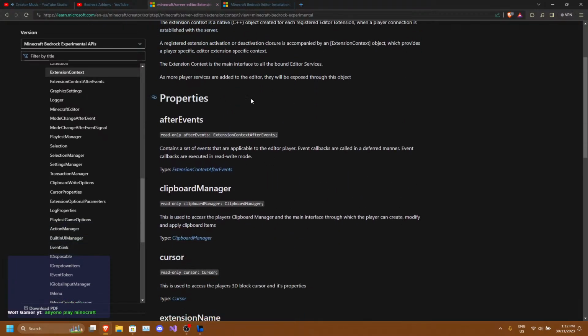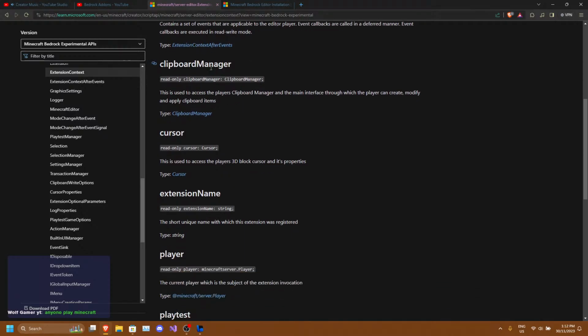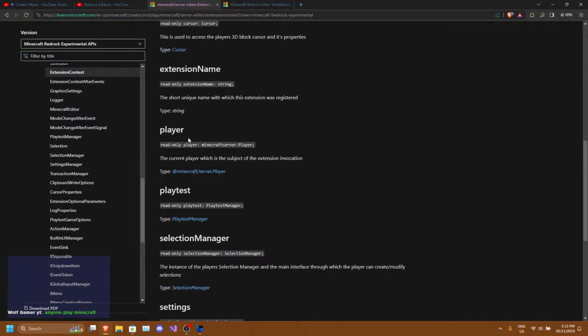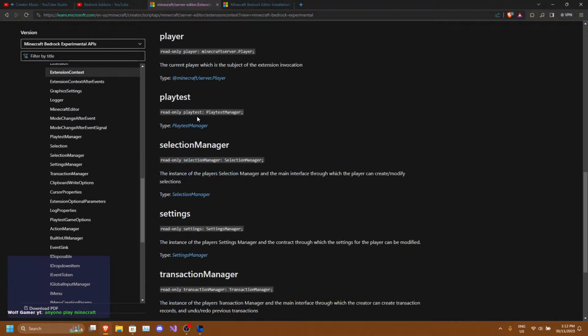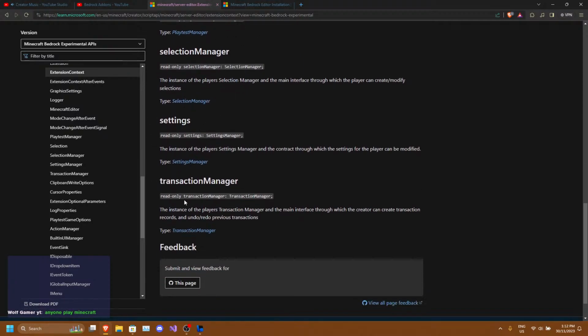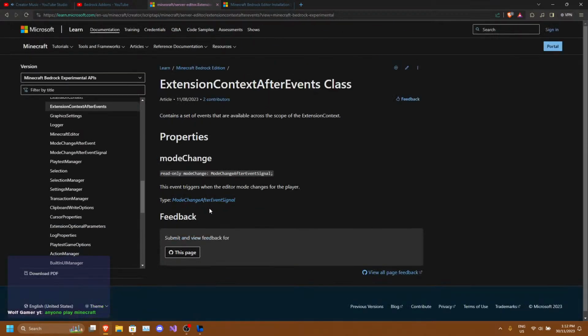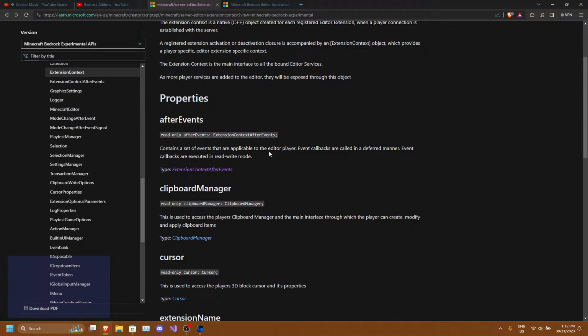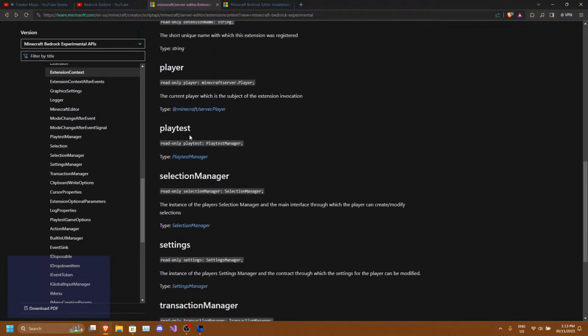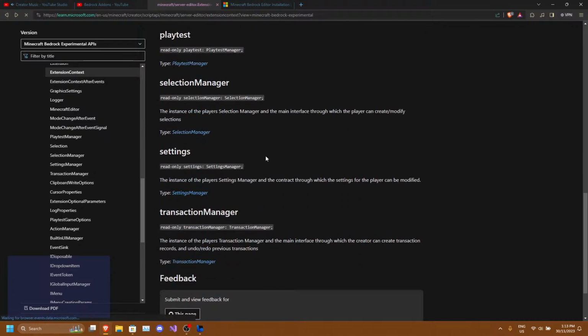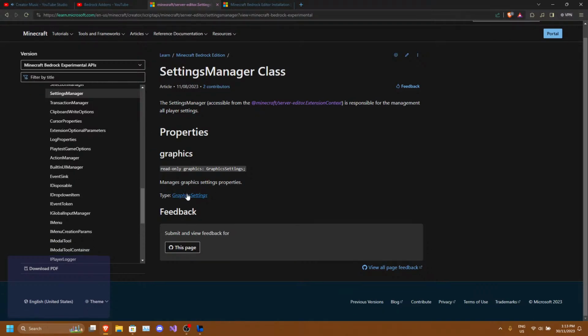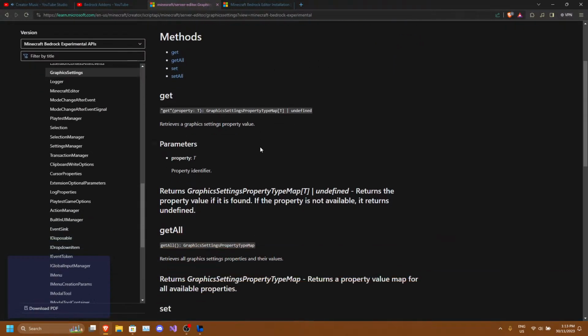Okay, so we can clipboard, we can check the 3D cursor, the extension name, the player, the playtest. Okay, selection manager, settings, transaction manager, after events. What do we have in the after events? Ah, mode change. Okay, there's not much. What about settings? What can we do? Graphics manages the graphics settings property.